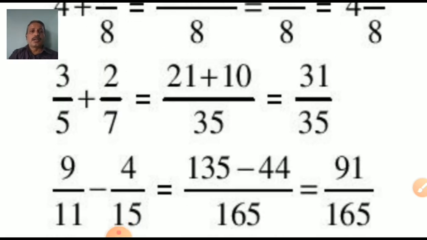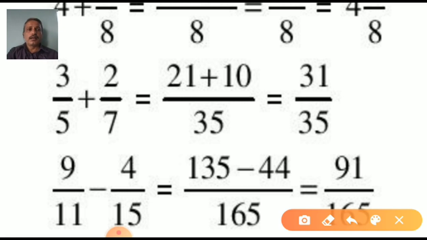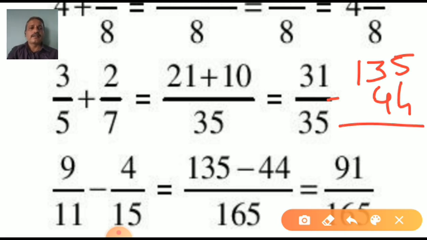Third question. Look at here. Same way. Don't be afraid of anyone. Cross multiply. 15 9s are 135 and 11 4s are 44. The answer is 135 minus 44, 91. Students, you can do it in exam, rough work. Don't do directly like me. Here I am writing directly the answer 135 minus 44. But you should check it. 44 will be written this way, ones under ones, tens under tens.